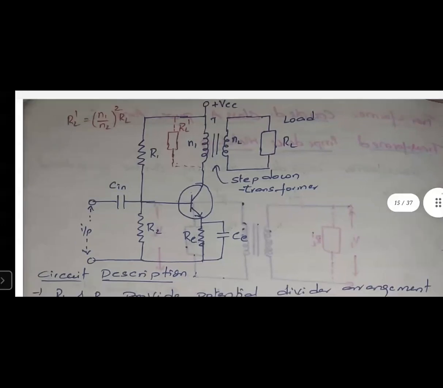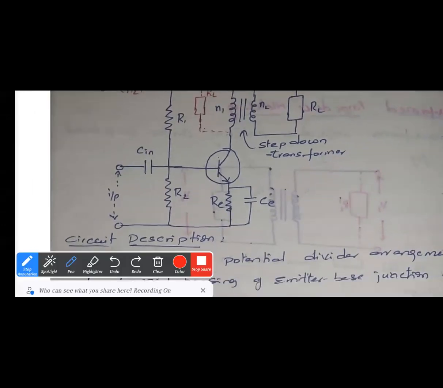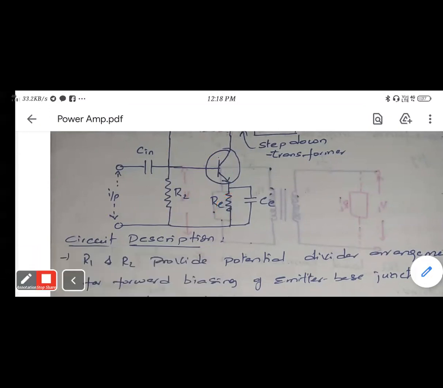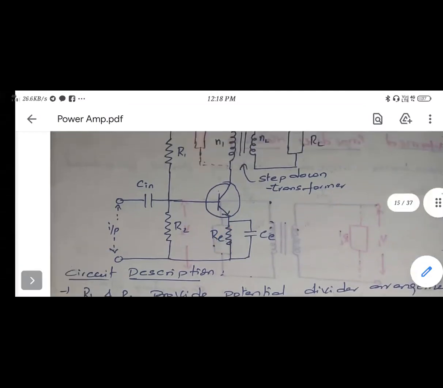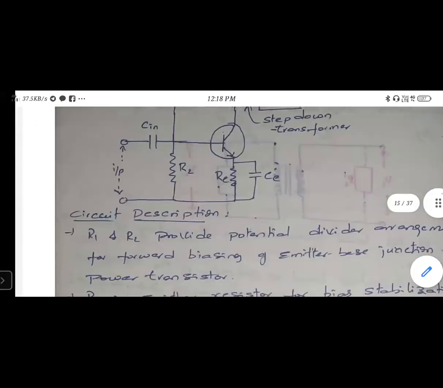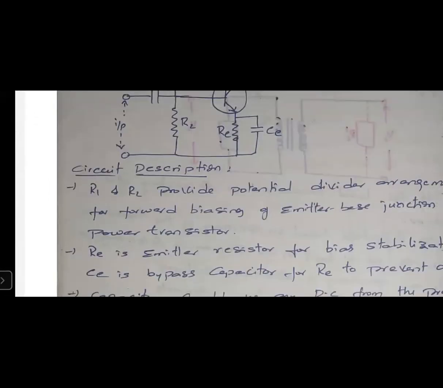Here we are going to apply the input signal, and the DC biasing will be provided with the resistances RE, R1 and R2. Okay, R1 and R2 provide the biasing. The input transistor's operating point is fixed using them. For class A, as we know, the operating point is fixed at the midpoint of the load line characteristics. This operating point is maintained with respect to the resistances RE, R1 and R2. And the capacitor CE is used to bypass whatever AC voltage is there. That is, CE is a bypass capacitor.